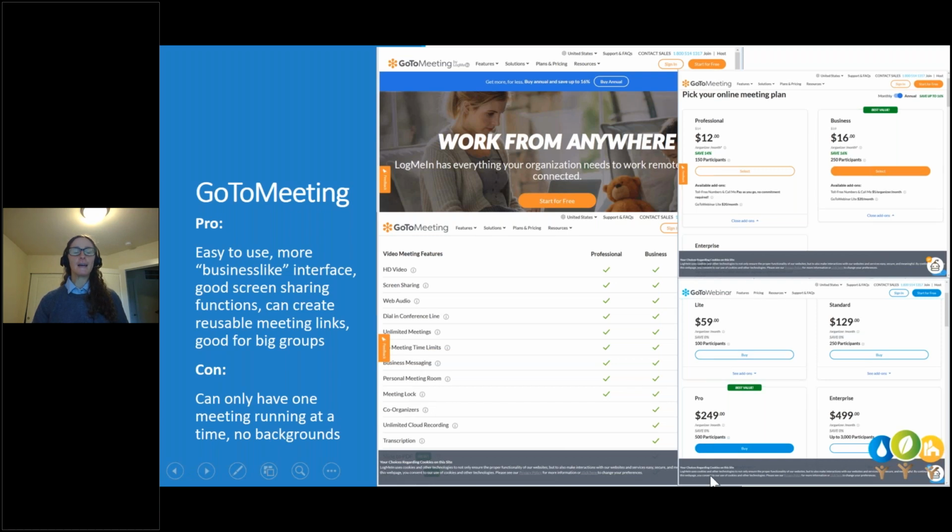So I would say GoToMeeting and Zoom are going to be your top and easiest ones. People can come in with a link. Zoom is different. With Zoom, you actually have to have a code. So you could just go to the Zoom website, put the code in, and boom, you're in a meeting. Awesome. Just make sure you have that code specifically. You either have to manually put it in or cut and paste it.